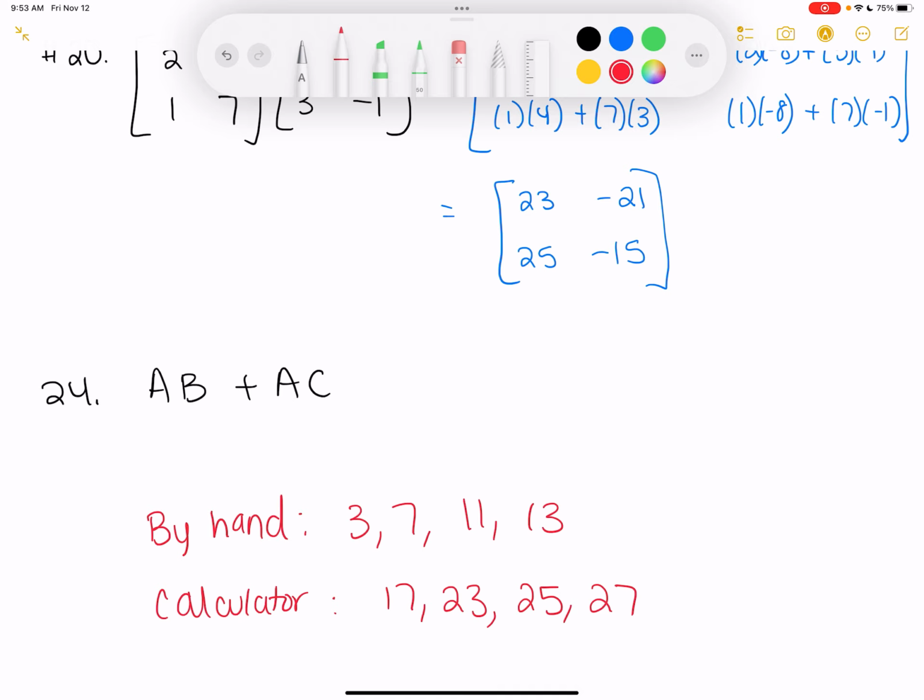The only thing I will say about these ones is, I can't remember if your calculator can do order of operations on its own for matrices or not. You may need to put parentheses around the two separate things, because if you just put this in order and don't put parentheses, your calculator for some reason isn't smart enough and it'll do A times B plus A times C. Oh, but I don't think it does that for matrices. I think you can plug the whole thing in and it'll do it for you. But you might want to verify with the back of the book that it does it right when you do a problem like that. So,